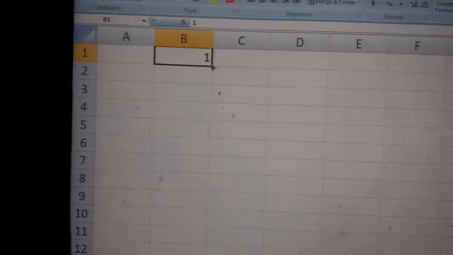So see, first step is, now here I am entering some value 1, and again I want this value. So the first step is select this number, select this cell, then go in the corner, then a plus sign will come. See, this type of plus sign will come in dark black color.